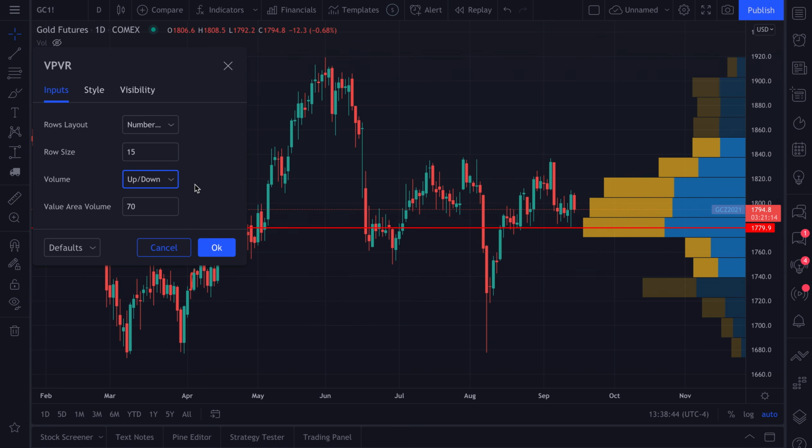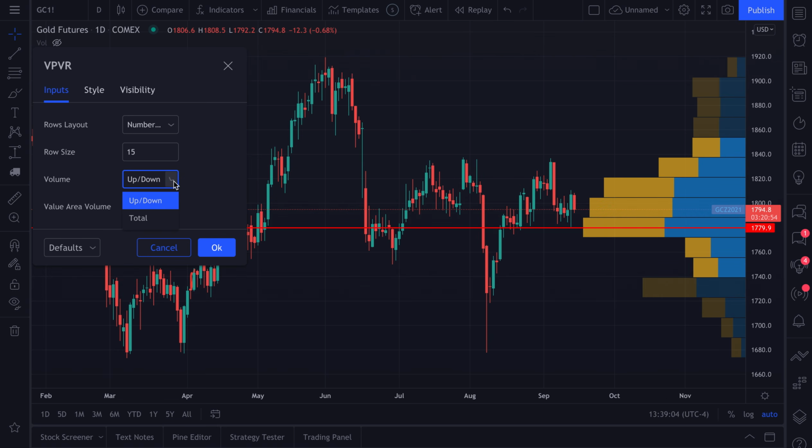And this can give you maybe a sense of, are there more buyers than sellers? More sellers than buyers? Is the trend down? Is the trend up? Is there pressure? Maybe is there pressure building up at these price levels? It can probably just give you a little more insight into that because now you're splitting up the volume profile